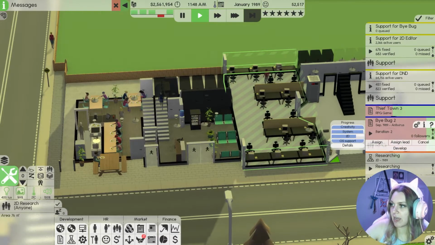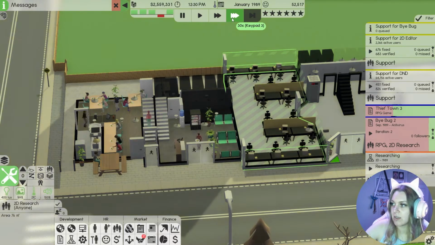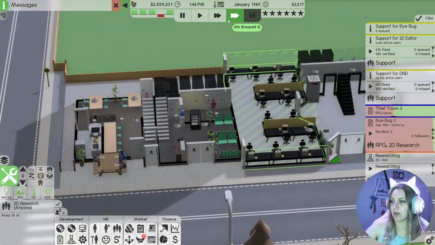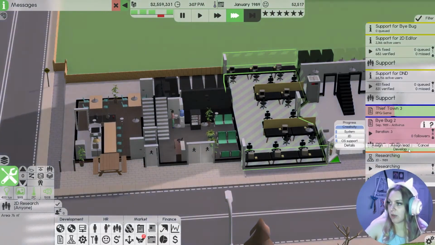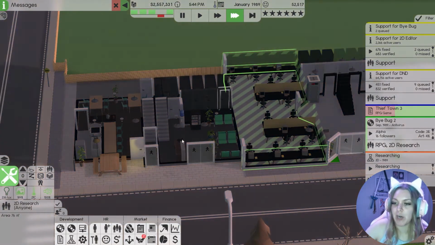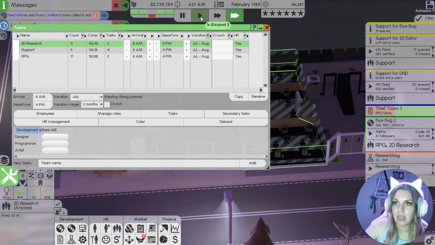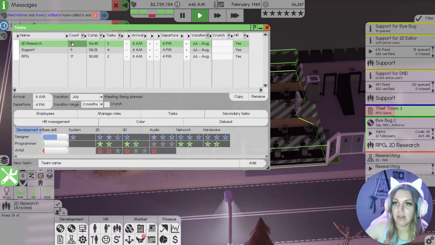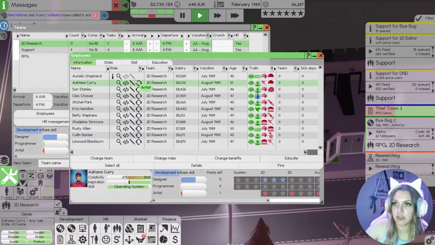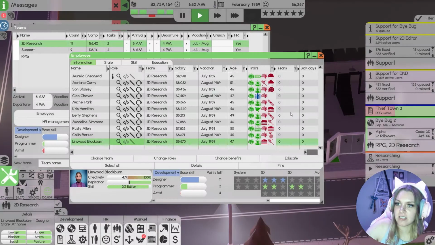And let's go ahead and assign our 2D research to this as well. And hopefully we can get it into iteration quicker, sooner than later. There we go. Let's go ahead and develop that. And we're also going to assign our 2D research team on there because they might be programmers. You never know. Let's go ahead to our teams. And our 11. He got 11. So let's check out the employees, make sure that they have everything that they need. We'll change the roles. So they're going to be a lead designer. They're gonna do all of this second. Oh, I thought I clicked all of them.